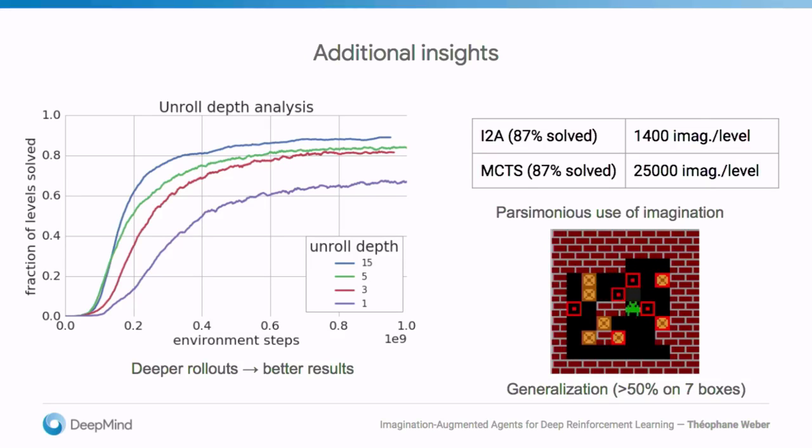Lastly, we want to see if there is some form of generalization, because after all, I mentioned forward models of the environment are compositional and potentially they generalize to a different situation. And in fact, they do. If you take an agent that was trained on 4 boxes and put it on 7 boxes, it loses performance. It solves only 50% of levels, but this is far higher than the model-free method, the way it generalizes. Okay, so all these experiments are done with a model of Sokoban, which was learned purely from experience without any prior knowledge by the agent.